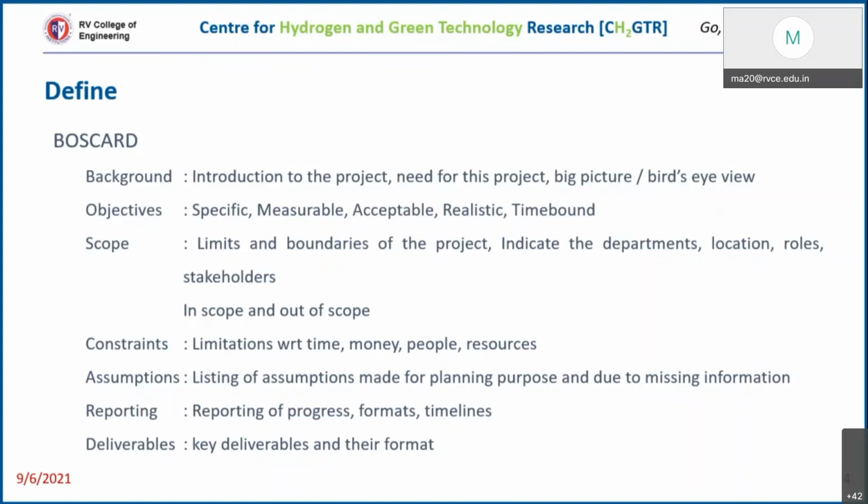As I told you earlier, it doesn't matter which branch you belong to, which project you are going to do, or where you are going to do it. If you can provide this information, then the rate of success is high. The probability of succeeding in a project is high. So imagine these are the details or information that you need to collect before starting any project.